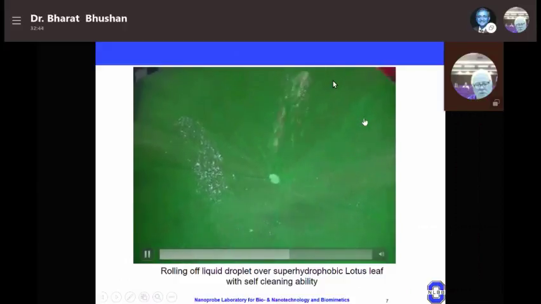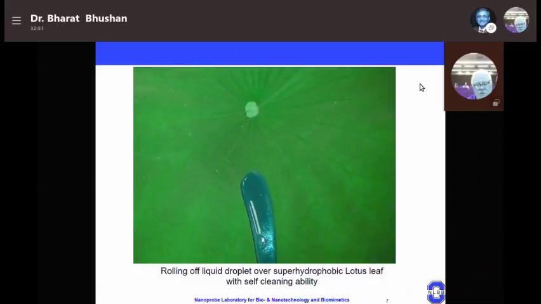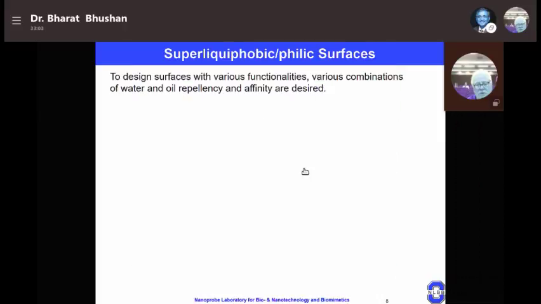It can be washed off with the water, and if you put honey on a lotus leaf, it just runs off. So any aqueous-based liquids do not stick on the lotus leaf, and furthermore, the aqueous-based liquids could be used to clean the lotus leaf. Now, to design surfaces with various functionalities